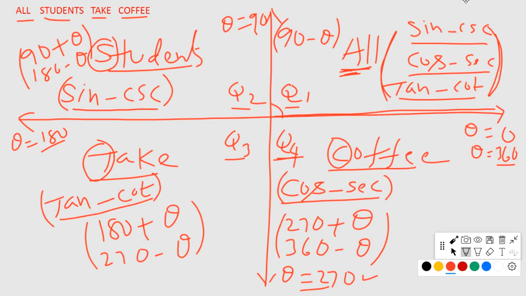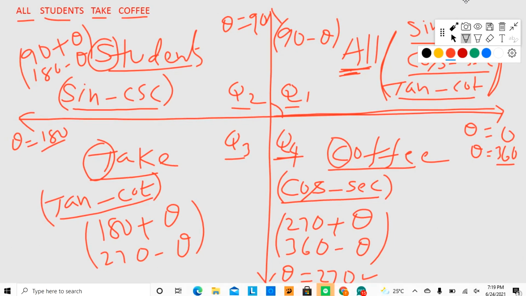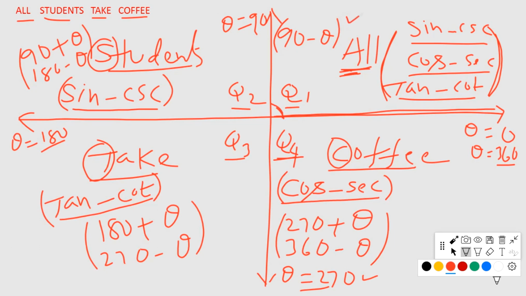Right? Next, the first quadrant, the angle between 0 to 90 degrees. That means 90 minus theta. The angle is always less than 90. So 90 minus theta. In the second quadrant, the angle between 90 degrees and 180 degrees. That means 90 plus theta, 180 minus theta. The angle is always greater than 90 and less than 180. So 90 plus theta and 180 minus theta. The forms 90 plus theta and 180 minus theta are in the second quadrant.